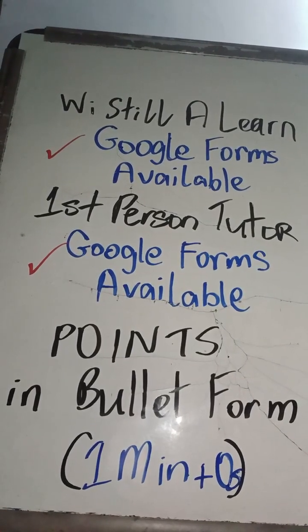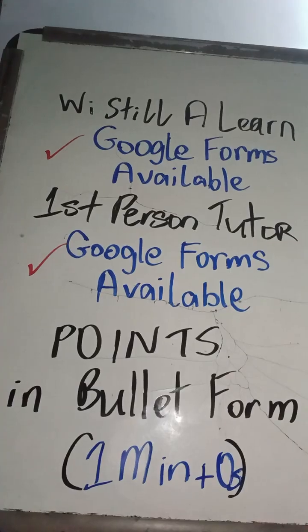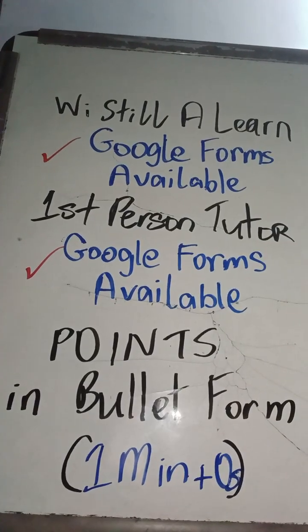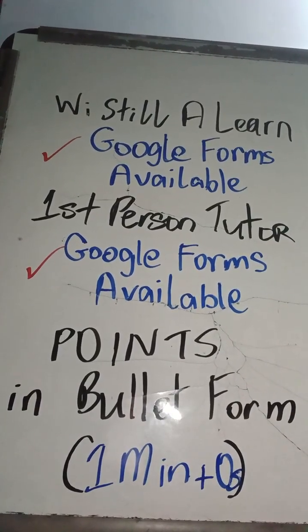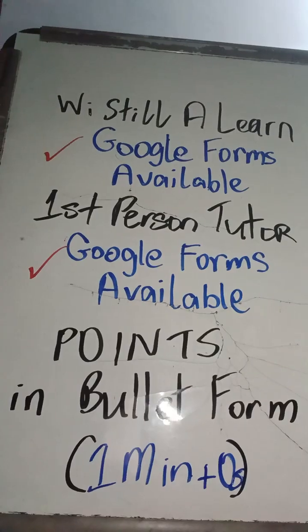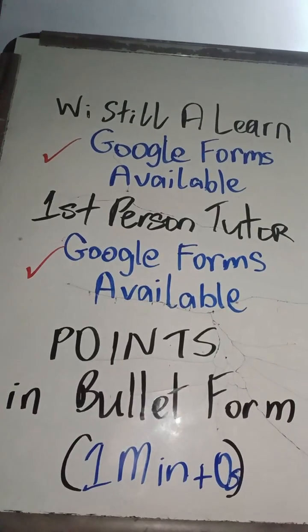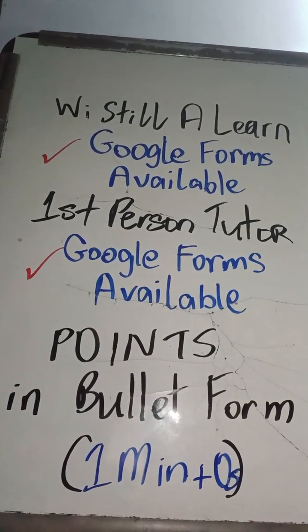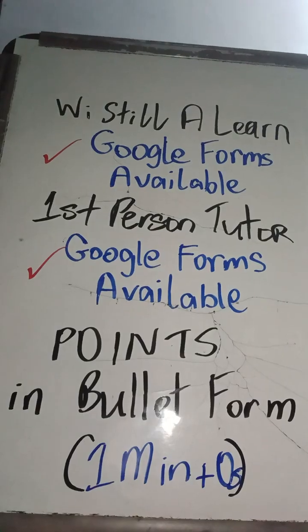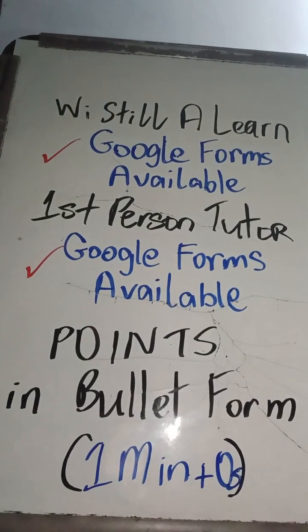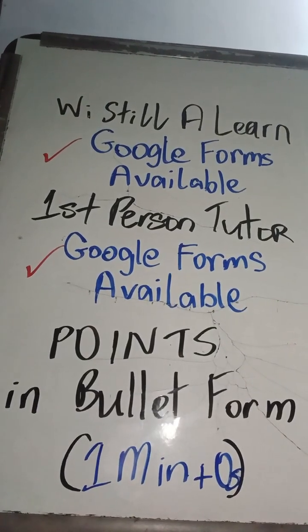And I'll give you the step-by-step instructions on how to sign up in the Google form itself. I will attach a link in the Google form where on each page you will see how to fill out the form on all of the pages. So yeah,